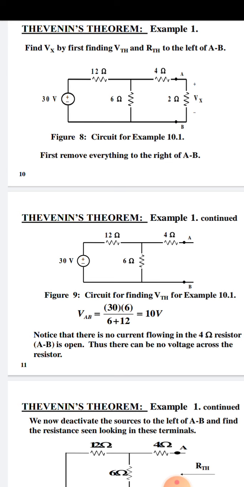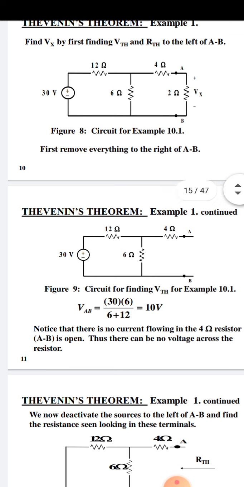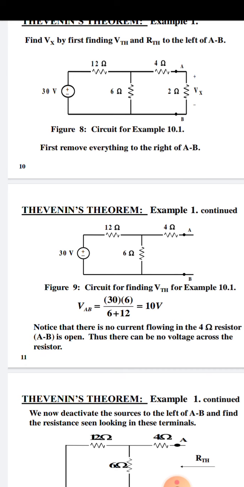Here we have the Thevenin's theorem network. In this network, we find Vth from the given 12 ohm, 4 ohm, 6 ohm and 30 volt, according to their connection. Here the 4 ohm resistance doesn't have any current. It contains only voltage. In this case the 6 ohm resistor is connected in parallel across AB. So the 6 ohm resistor is considered next to the 30 volt voltage source.